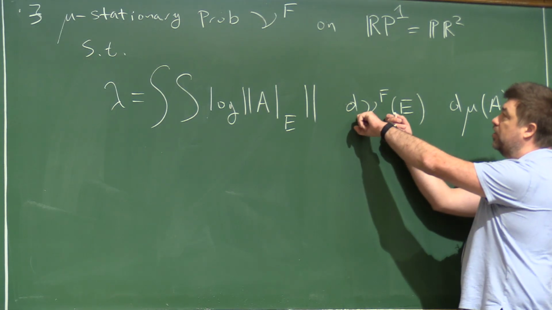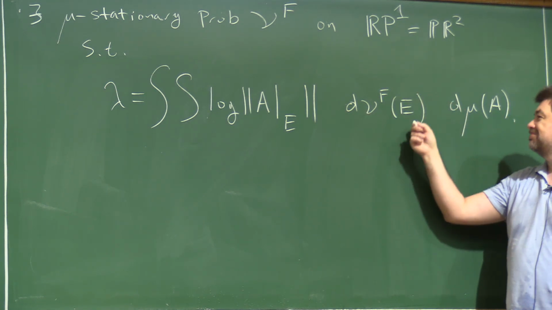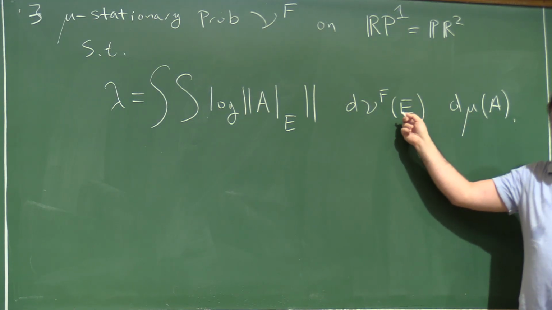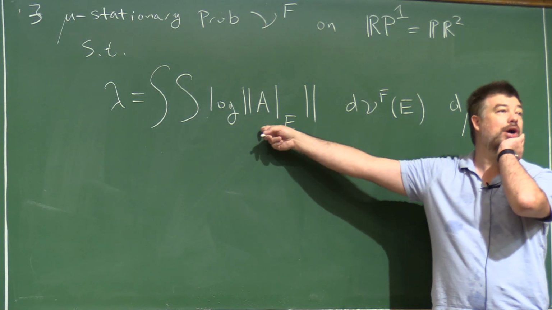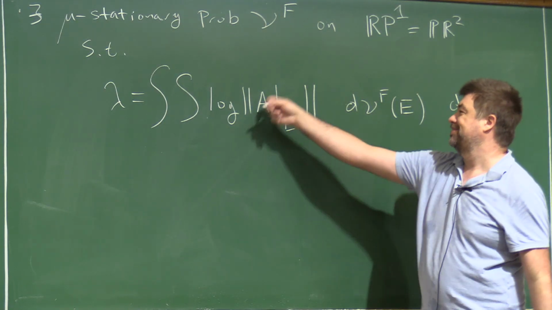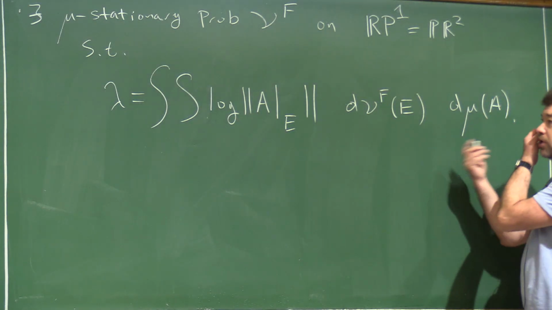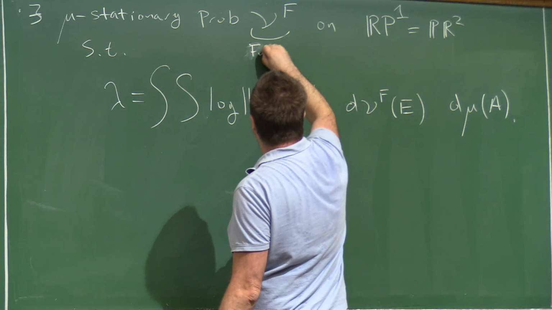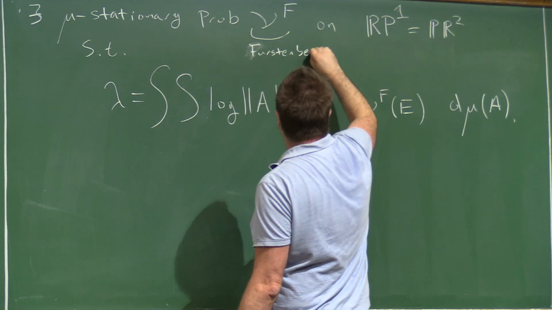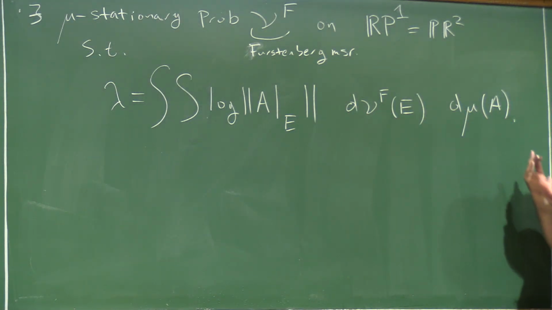Okay, so this is a measure on projective space. And so it eats one-dimensional subspaces. I can take my matrix, restrict it to a one-dimensional subspace and ask what is the norm of that thing. That's just a number. I could take the norm of that, I could take the log, and what the Furstenberg measure, so this is called the Furstenberg measure,